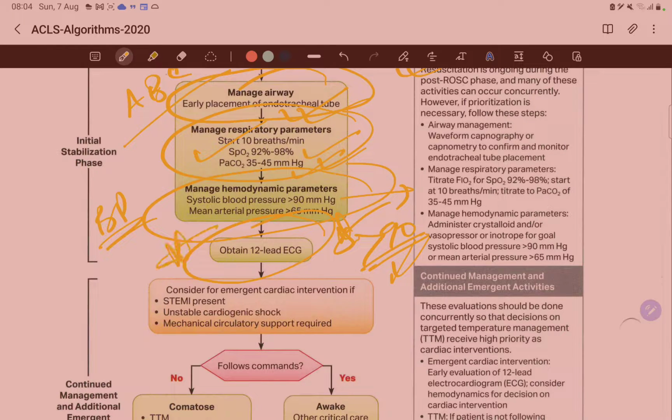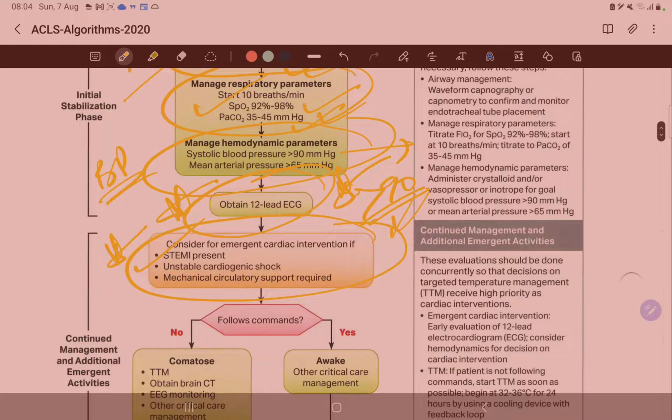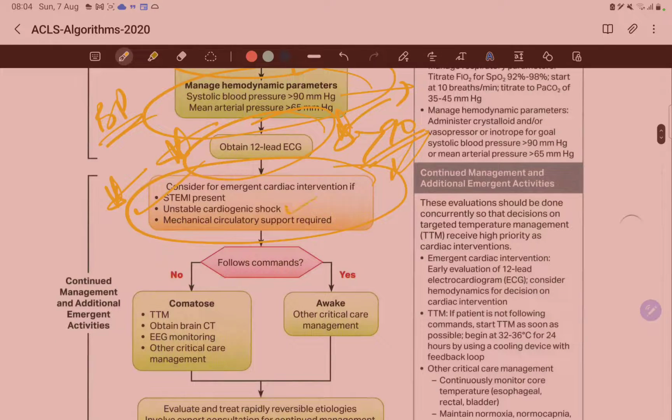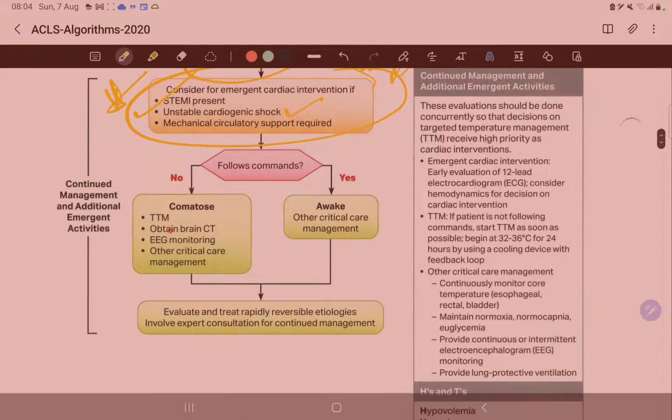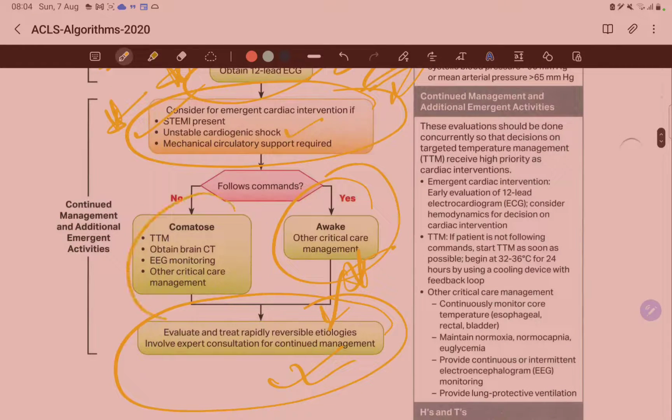उसके बाद एज सून एज पॉसिबल हम लोग फिर से एक 12 लीड ECG चेक करेंगे, कहीं कोई फॉल्स रिजल्ट तो नहीं आ रहा है। वो करने के बाद हम लोग क्या करेंगे? हमारे कार्डियोलॉजिस्ट को इन्फॉर्म करेंगे, ECG में STEMI प्रेजेंट है कि नहीं चेक करेंगे, कोई शॉक इस तरह का प्रेजेंट है कि नहीं, और मैकेनिकल सपोर्ट की ज़रूरत है कि नहीं वो देखेंगे। और वहाँ पे सबसे इंपॉर्टेंट चीज़ आता है कि पेशेंट इज़ अवेक, वेरी गुड। अगर पेशेंट अवेक है तो उसको हम लोग क्या करेंगे? आगे के इंटरवेंशंस के लिए कार्डियोलॉजिस्ट के पास भेज देंगे, ICU केयर में, CCU केयर में, ठीक है।